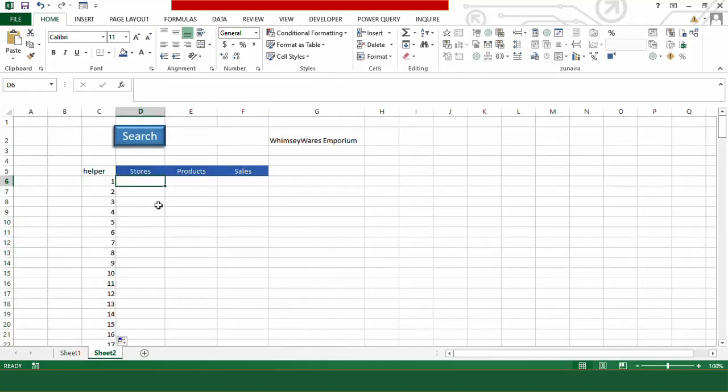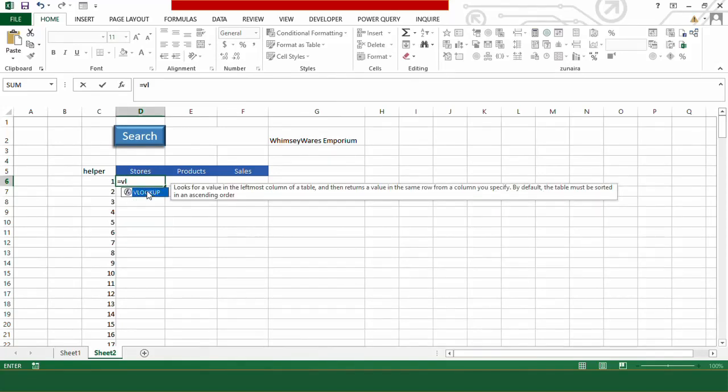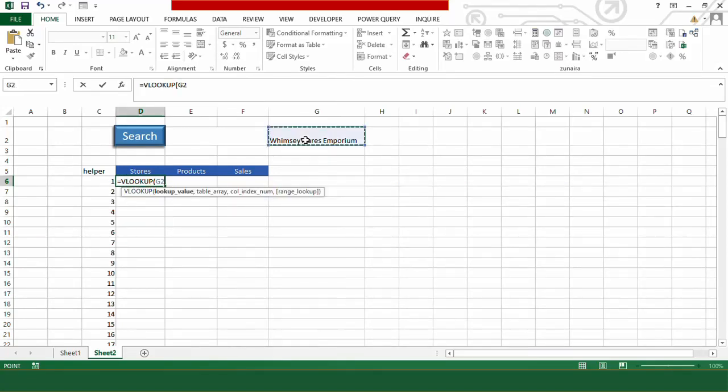Let's apply the VLOOKUP formula here. Type equal to, then type VLOOKUP. Now select this entry and press F4 to fix it. As I told you earlier, VLOOKUP cannot read all the entries with this name. This means we have to embed a numerical value with this entry to make each entry belonging to that category